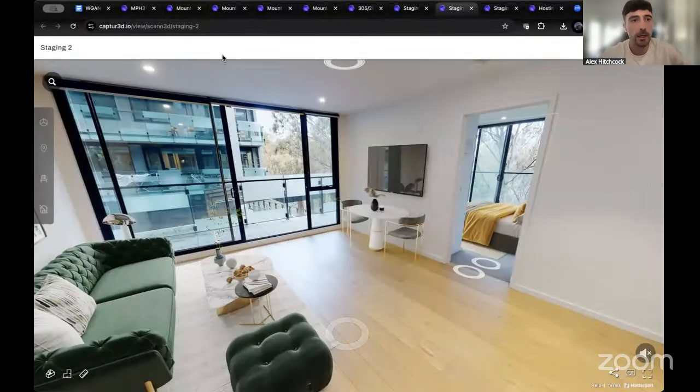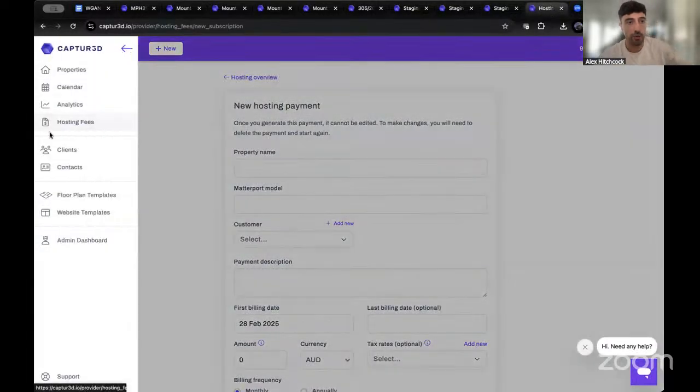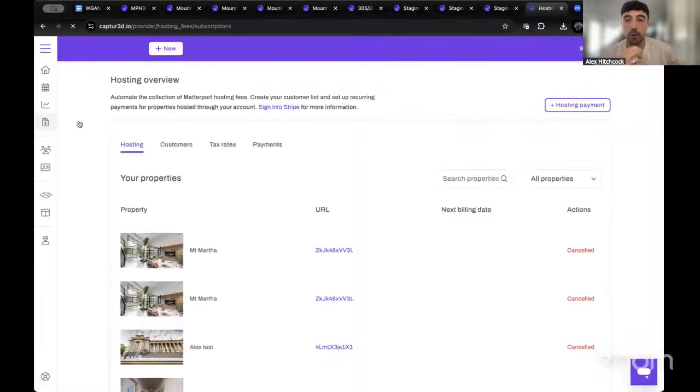Hosting fees is another one we can touch upon. So let me get back into the platform. Within the Captured dashboard up here, we have an option to select hosting fees. What this means is you can set up automated payments to your clients or customers for each individual Matterport model that they have.